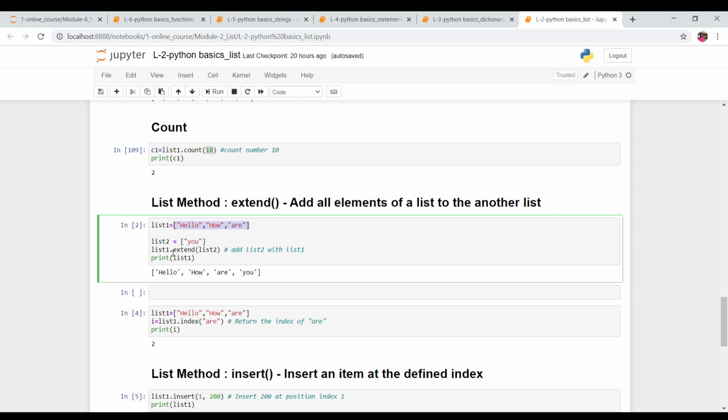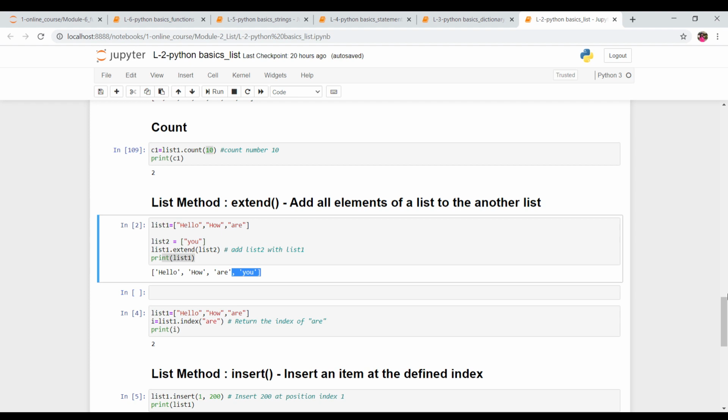Which list do we want to extend? We want to extend list 1, dot extend method, and with what data do we want to extend list 1? The data which is present in list 2, right? So this is how you can write it. We want to extend list 1 with the data of list 2, and when you print it you'll get the data over here. This u is a part of list 2 and it is getting added in list 1 now, right? So this is how you can use the extend method.